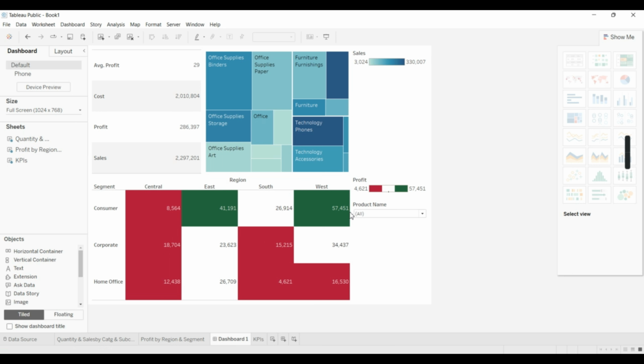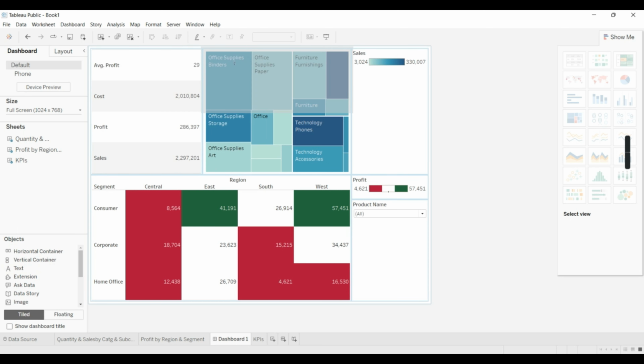So now you can see the visualization is much better to view, and now let us add the title of the dashboard. So in order to add the title of the dashboard, go to the objects section in the left bottom and select text and drag and drop it